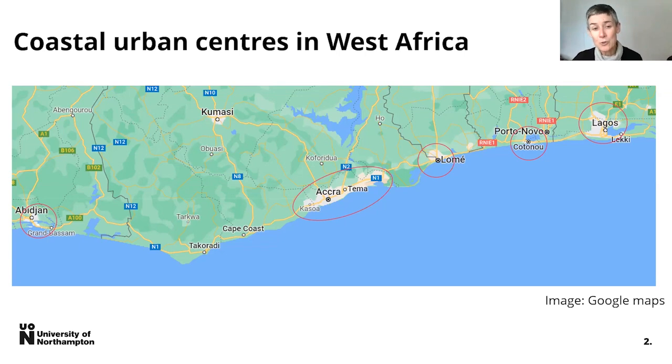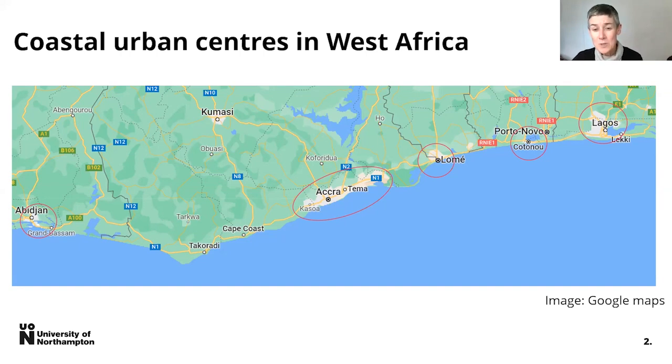And all of those activities at the coast are impacting on the nearshore and marine environments. I don't want to leave out the rural coastal areas as well. Fishing communities are still really important in these areas and have a very strong presence. And they also have an impact on the marine environment and vice versa.